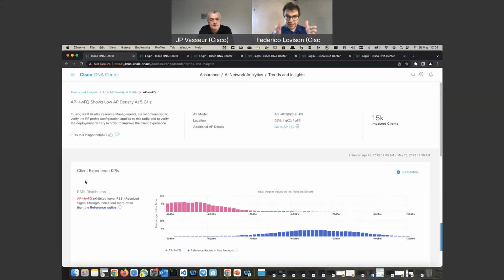So now we are really deep diving into the single access point. So we have the access point name. We know that this happened at 5 gigahertz. We know the location where it happened. There is an integration with the AP360 flow from DNA Assurance. So DNA Assurance locally can provide additional information about other issues detected by the system during this specific time frame